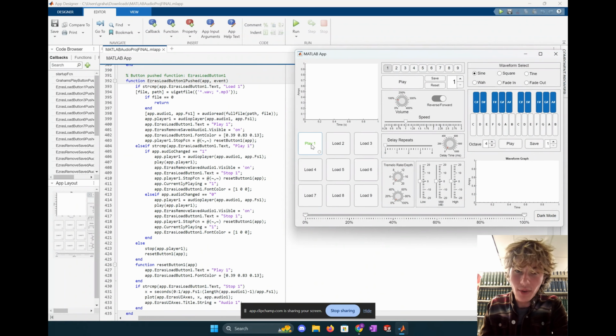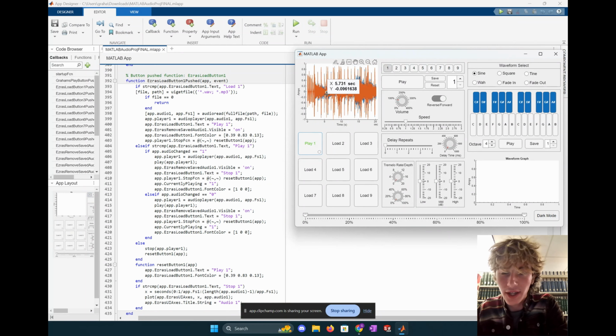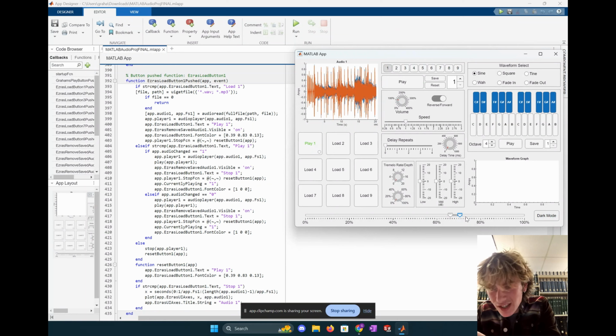When I click play 1, beautiful. It automatically plays and graphs the audio file currently being played. If I want to trim this audio file, I can go over, make sure that audio 1 is selected, and drag these bounds. I can effectively shorten both sides. So now it's only going to play basically this 70% to 73% region. So now when I click play,